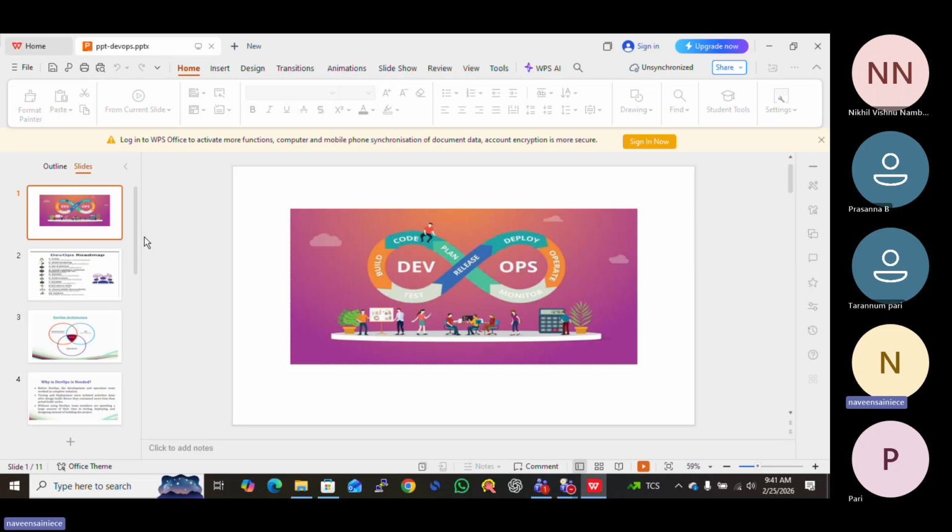First of all, we will start with the introduction: what we will cover in our syllabus, what topics, and what our roadmap is. DevOps means development and operation. What is the meaning of operation?